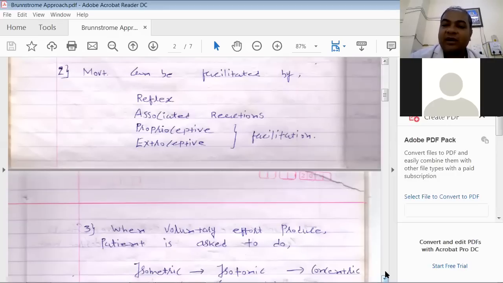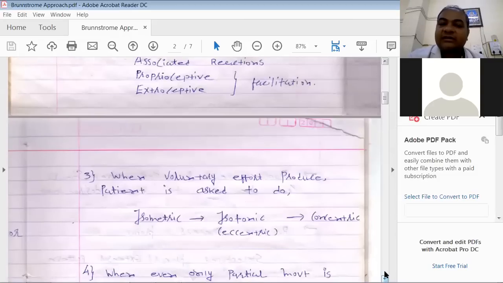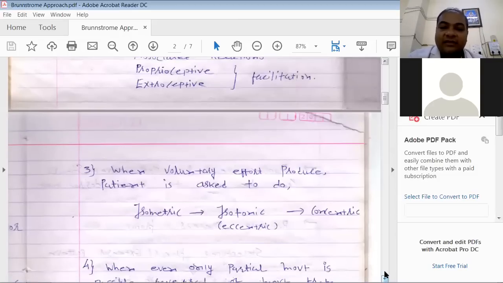So how do we gain movement from facilitation in the hemiplegic patient's upper limb as well as lower limb? This is by using either reflexes, associated reaction, proprioceptive or exteroceptive facilitations. We can give different types of facilitations, where we will go into all these details. Okay. The third point,